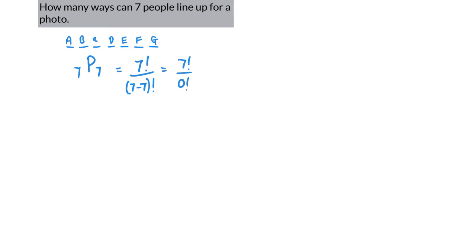So this question says, how many ways can 7 people line up for a photograph? Well, we know that 7 people would look like this in a photograph. These are all the chairs. And we know that A, B, C, D, E, F, and G. So therefore we know it's 7 people in the whole group. And all 7 are in the photograph. So 7P7 is 7 factorial over 7 minus 7 factorial, which we know is going to be just equal to 7 factorial, which equals